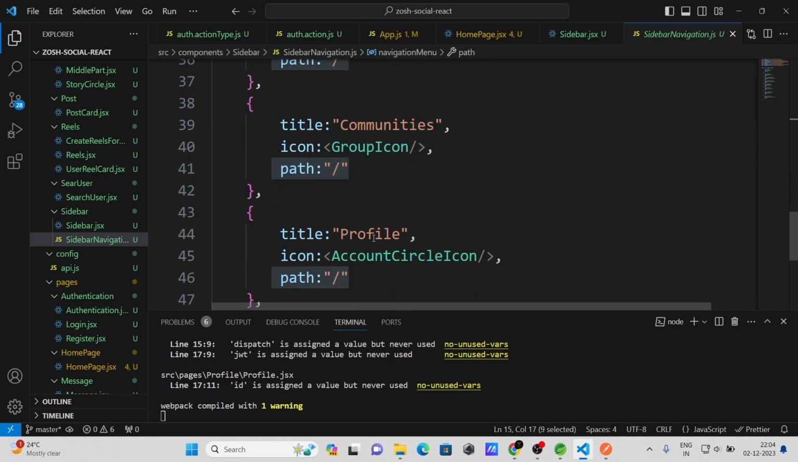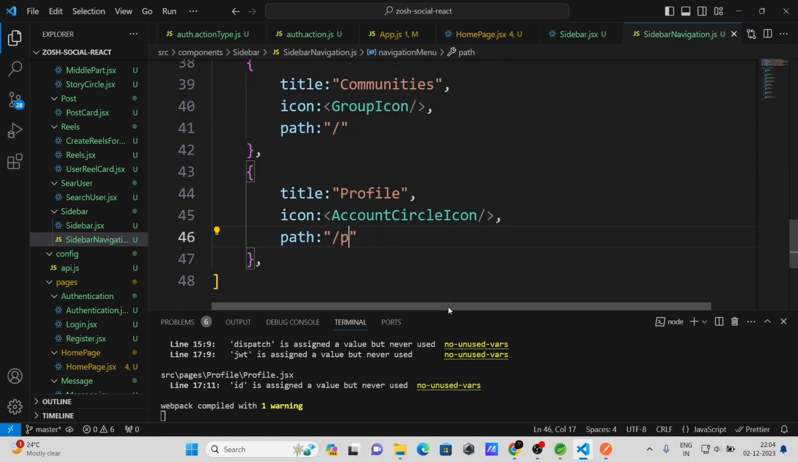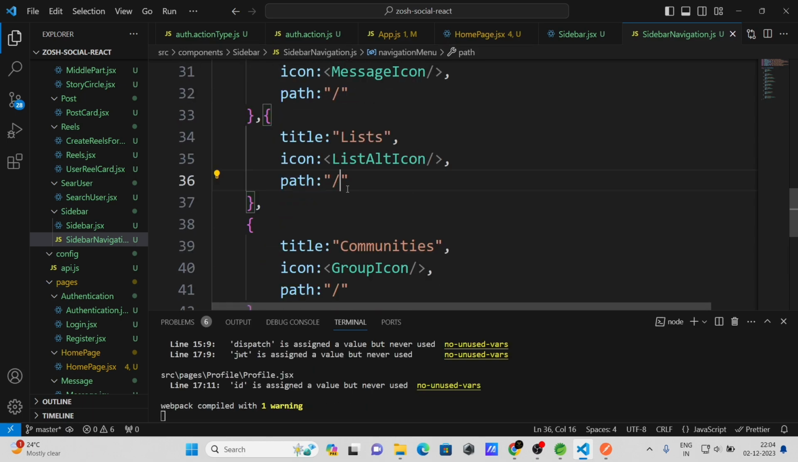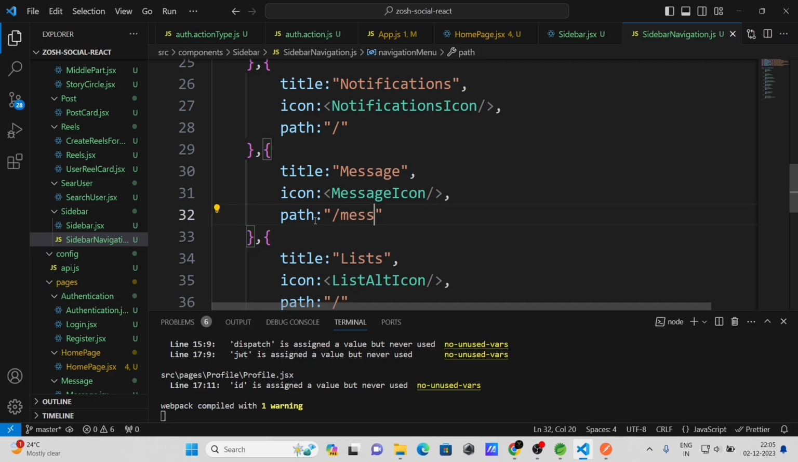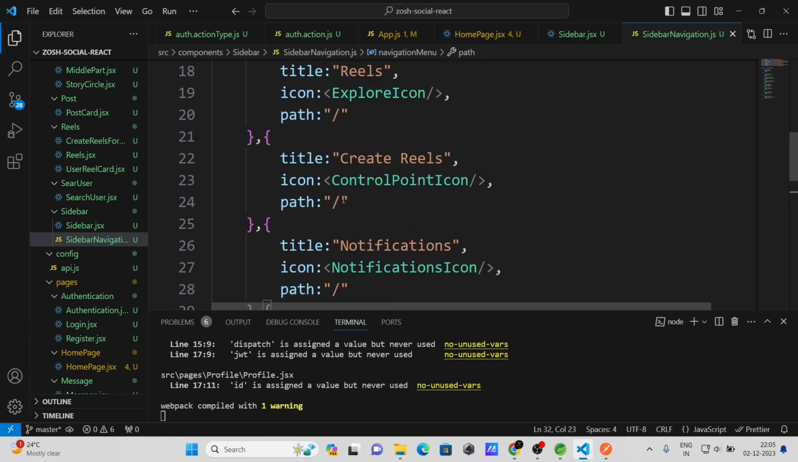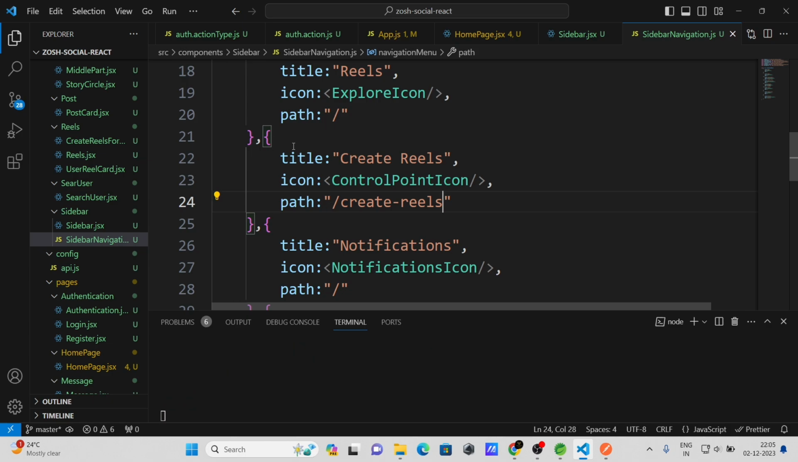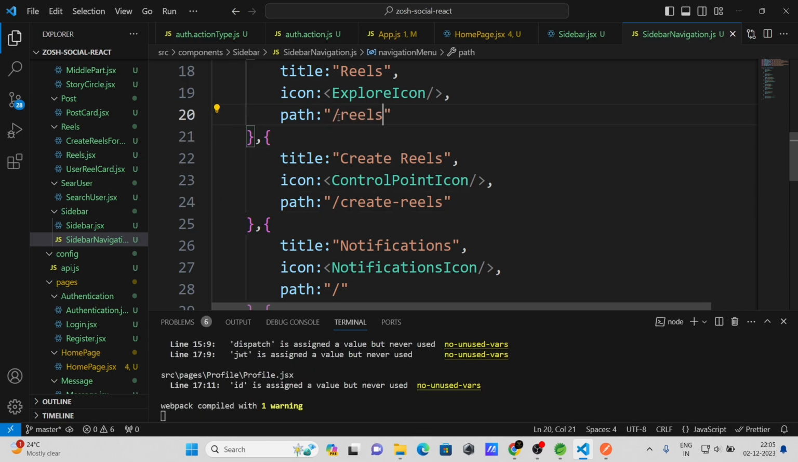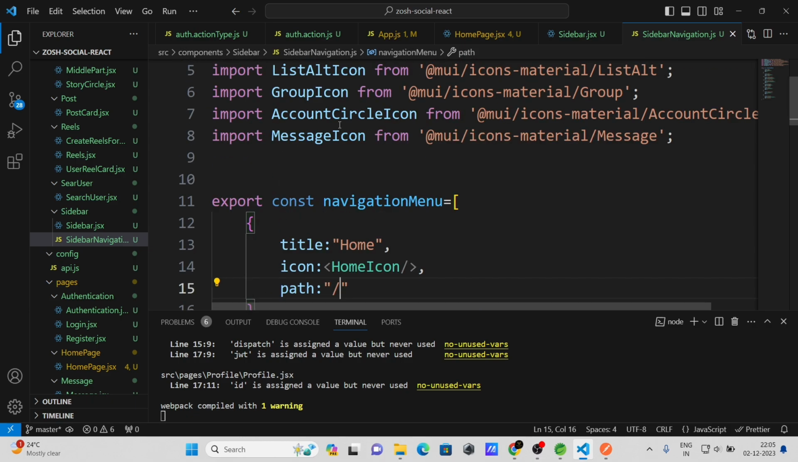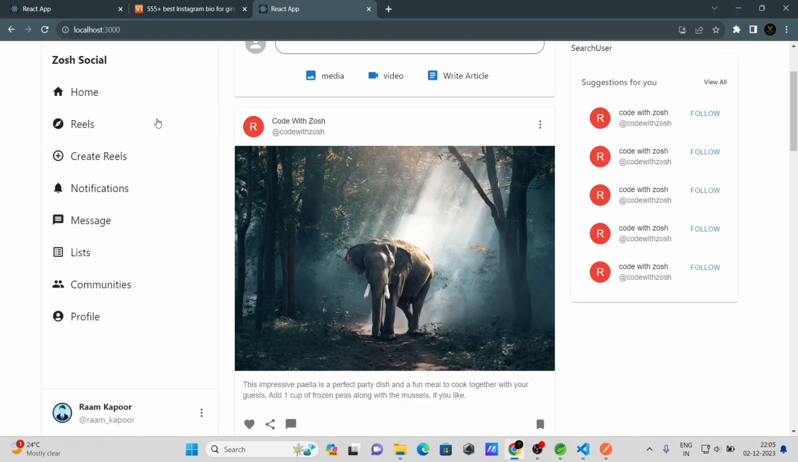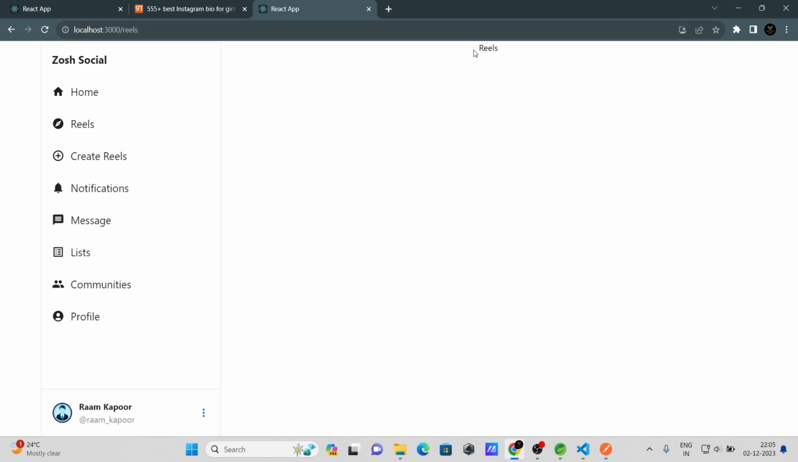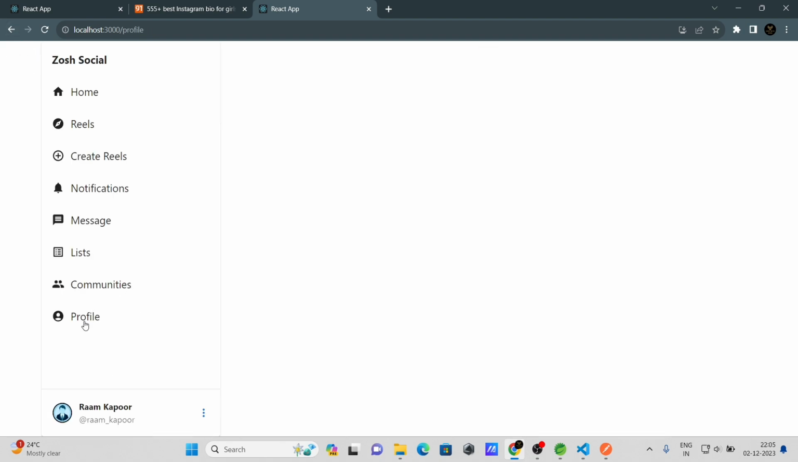Okay, but that is not right. Let me change it. Here we need to give message notification. Here we need to give create rails. Here we need to give rails, and here home is fine. Okay, so when I go to rails, you can see the rails page, but when I go to message, you can see the message page as well. And when I go to profile,